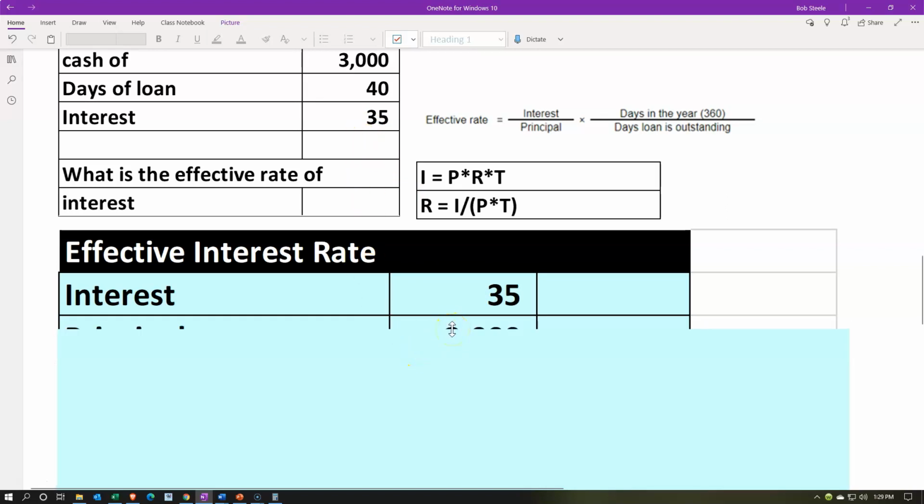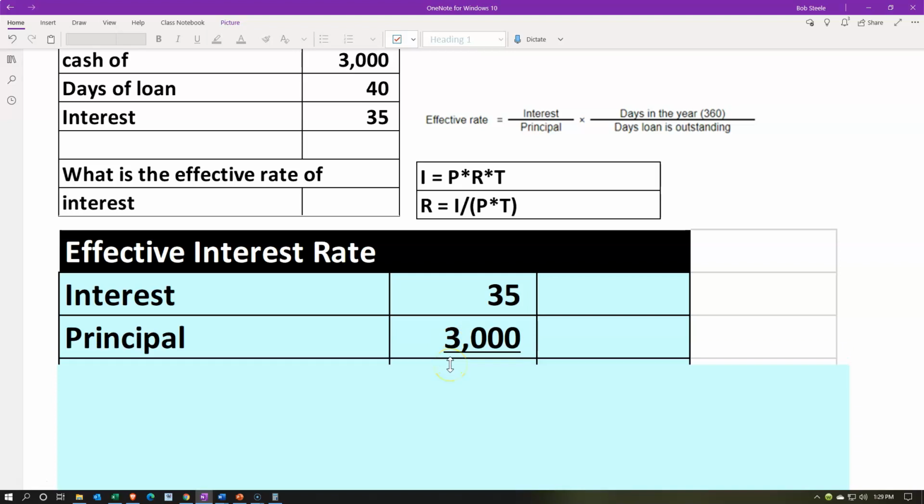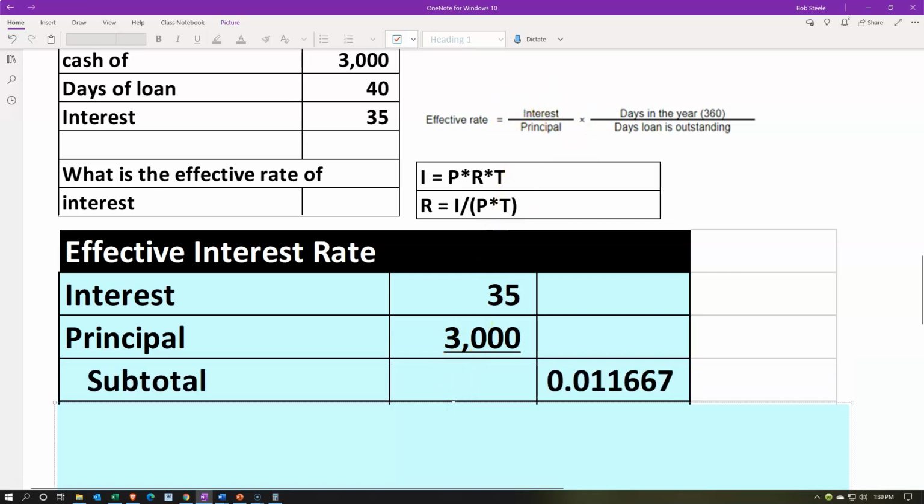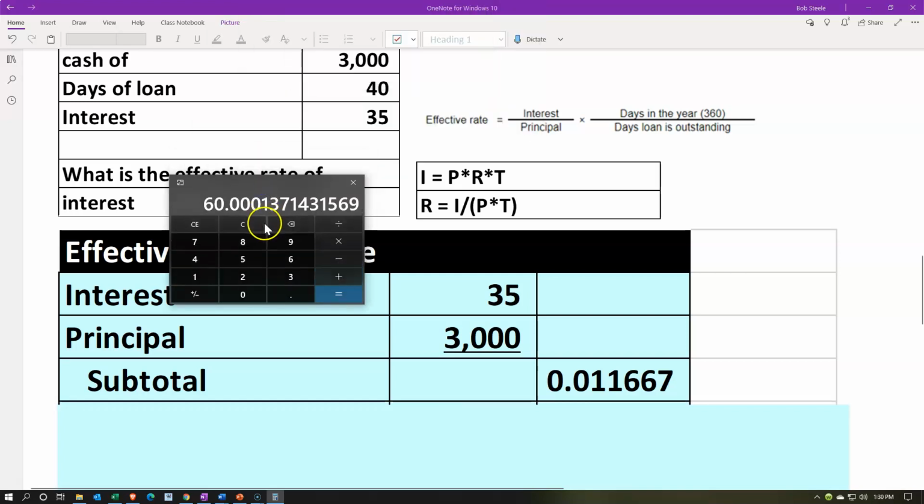So then we're going to say, well, what would basically the rate be? And so if we have the effective interest rate, we're going to take that and compare it to the principal. So 35 divided by the principal is going to give us our first half of this. If we were to divide that out, we're going to get, of course, the 35 divided by 3,000 is going to be the